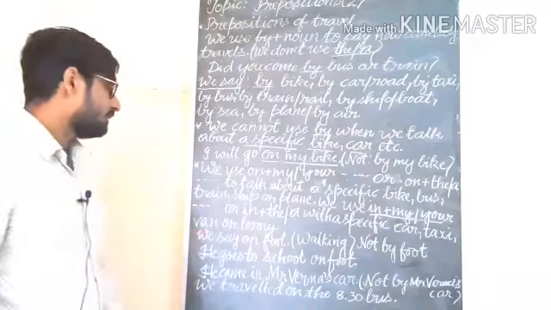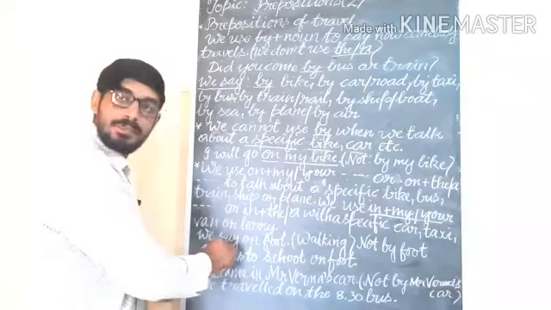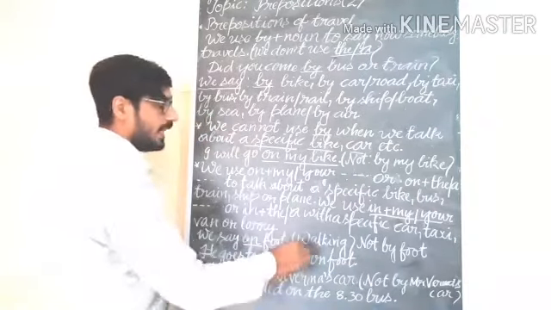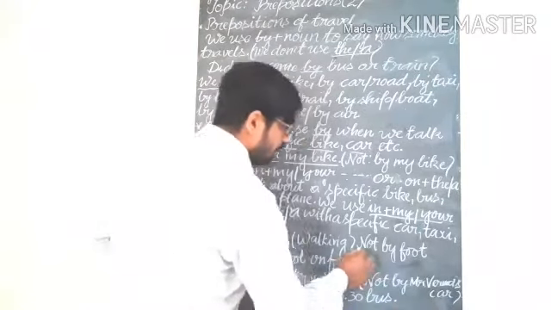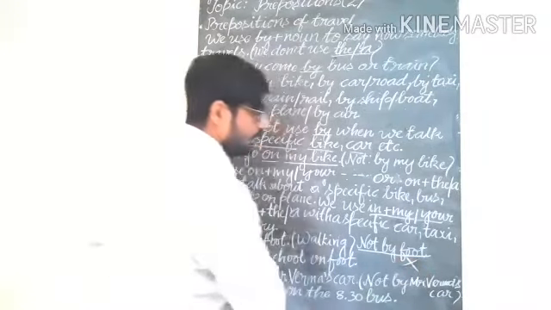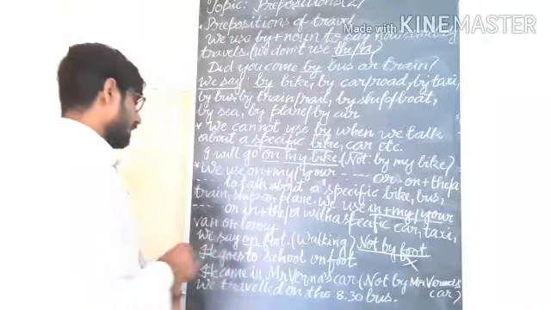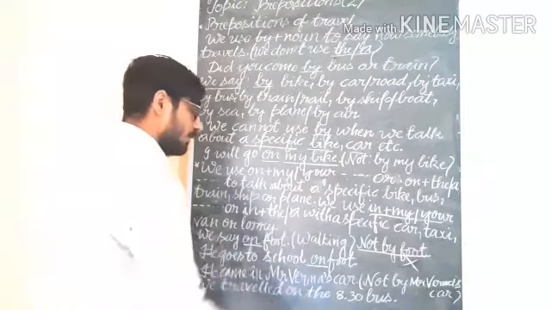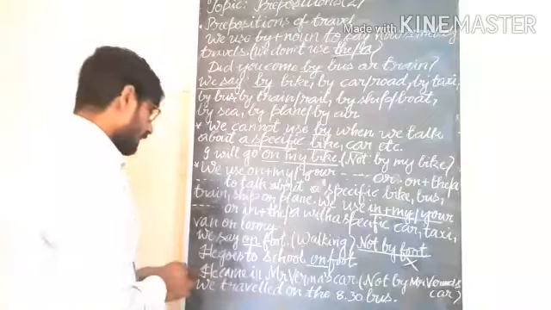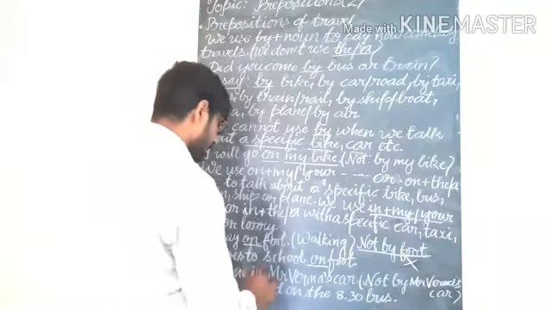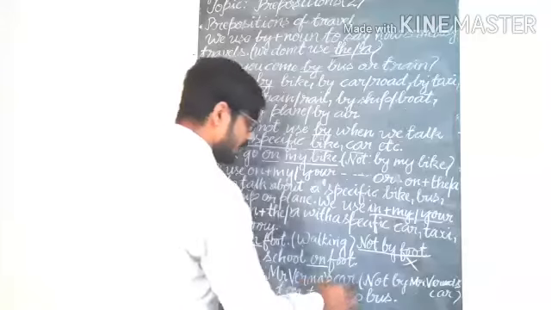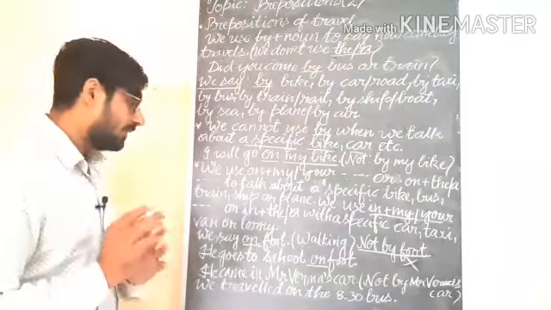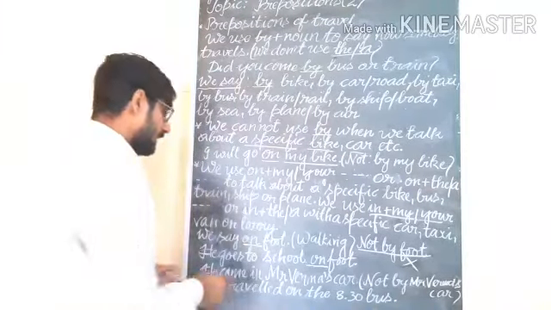Come on to the next. We say "on foot". We use "on foot" when we are walking; we don't say "by foot". He goes to school on foot. "By foot" is incorrect. He came in Mr. Burma's car, not by Mr. Burma's car. For a specific bike or specific car, we have used "in".